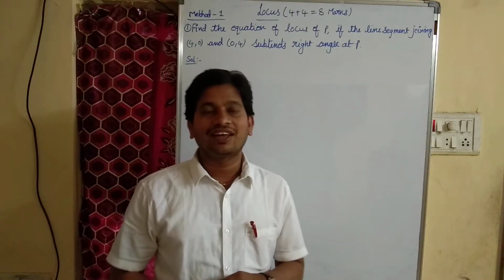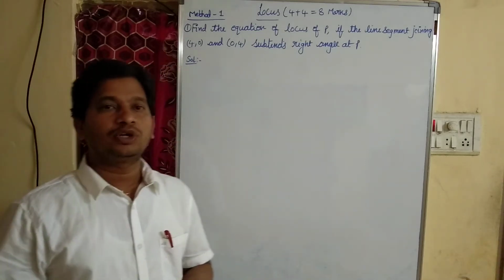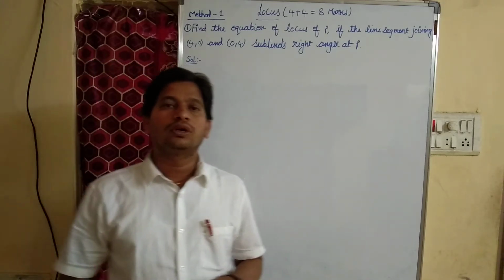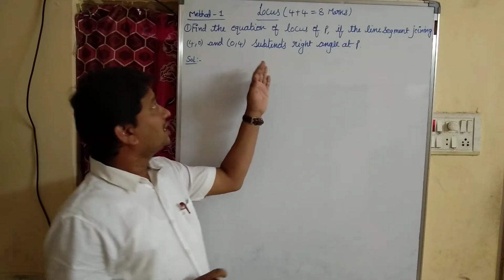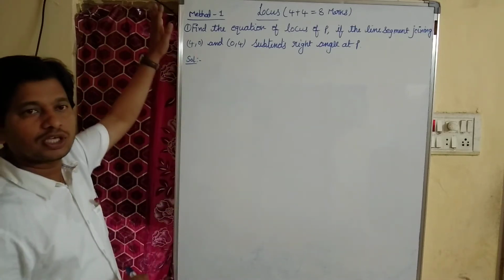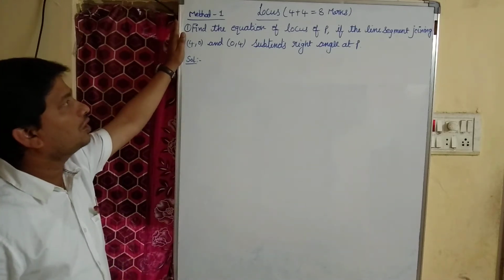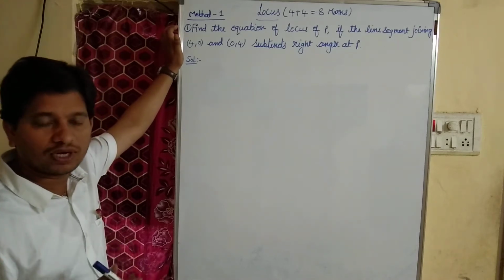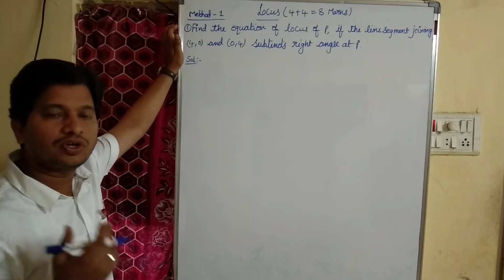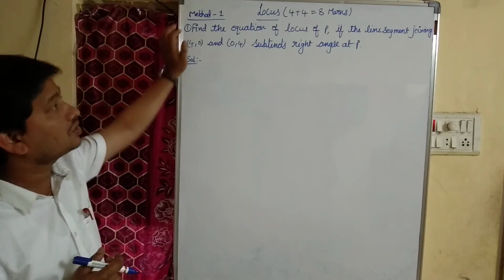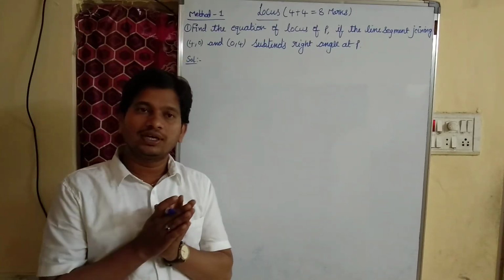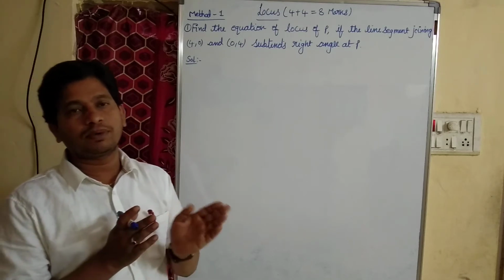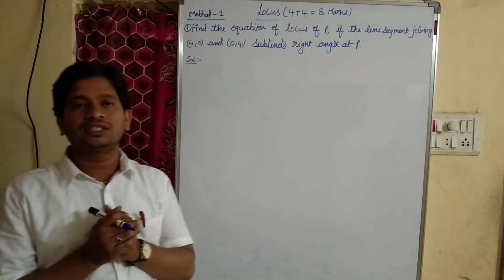Myself Naveen, I am the Maths Mentor, and today's session is about 1B. The name of the chapter is Locus, which carries 2 4-mark questions. That is equal to 8 marks. Also, it is one of the easiest chapters, which depends upon one formula, that is distance between 2 points.